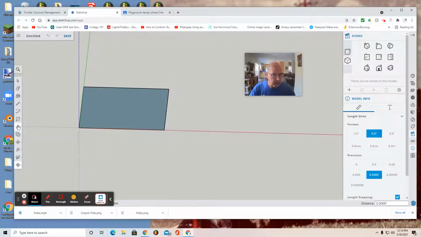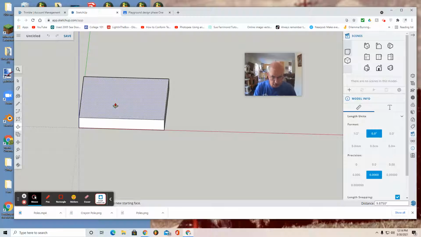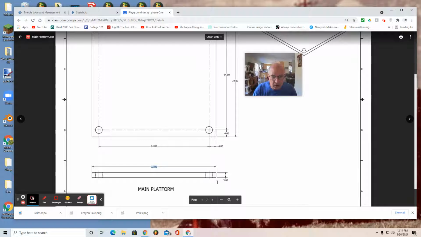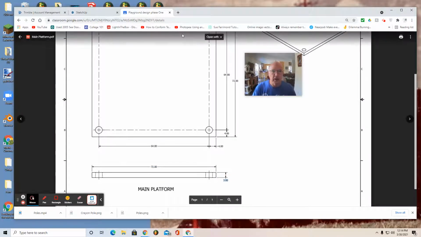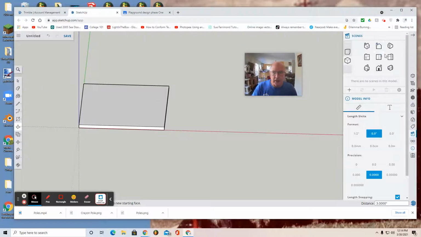Go Control Z and try that again. There we go. You want to enter 3, enter, that's the thickness. You can refer back to here. The thickness of your platform is 3 inches. The dimensions are there. Okay, so now with that done,